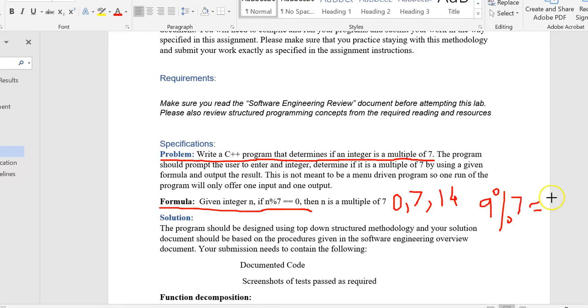But if you take any other number, 9, and we try to divide 9 with 7, then the remainder is equal to 2. And since, according to this formula, if the remainder is not equal to 0, then it's not a multiple of 7. Therefore, we determine that 9 is not a multiple of 7, but the rest of these numbers are multiples of 7. The idea here is to practice writing solutions in a top-down manner. So as you can see,